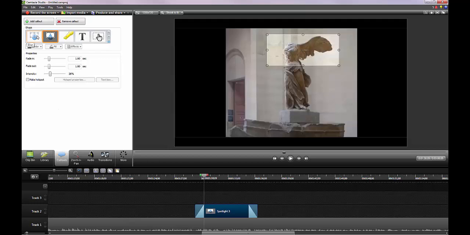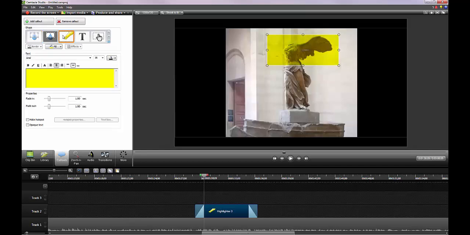One of the other ones mentioned here is the blur. The blur is useful if you have sensitive information on your screen that you would like to hide from anyone who's watching the video. This might be student ID numbers or grades, things of that nature. Highlight simply adds a highlight. And then text, this is the opportunity to just insert regular